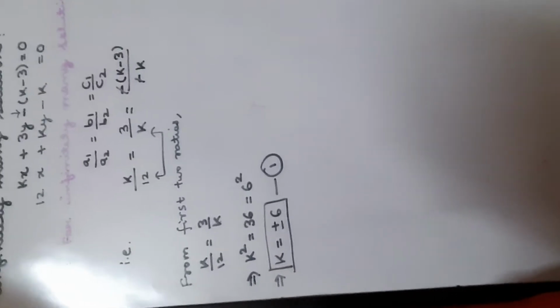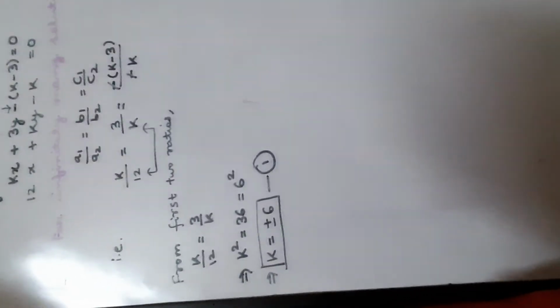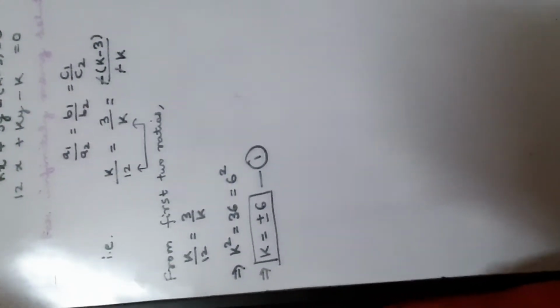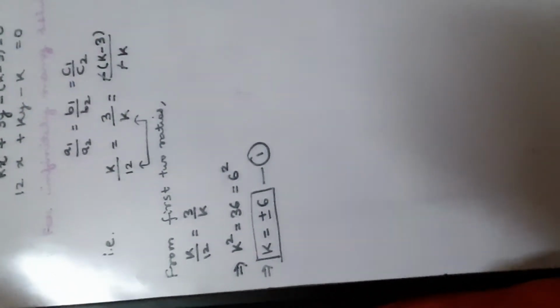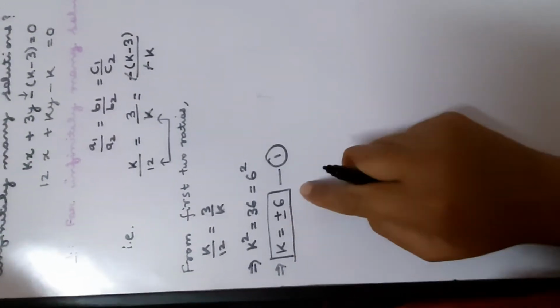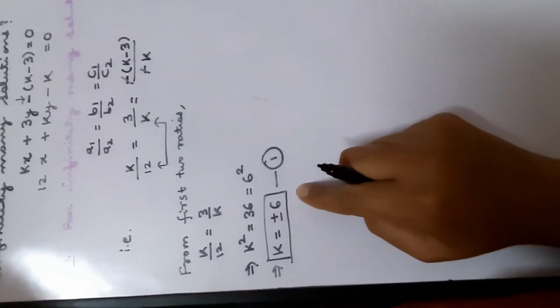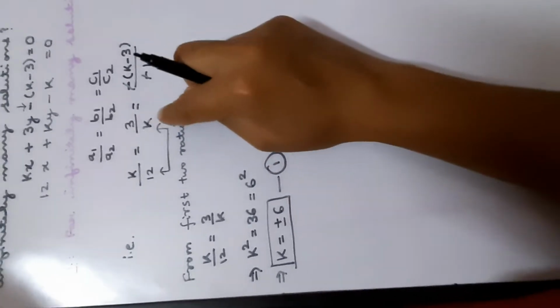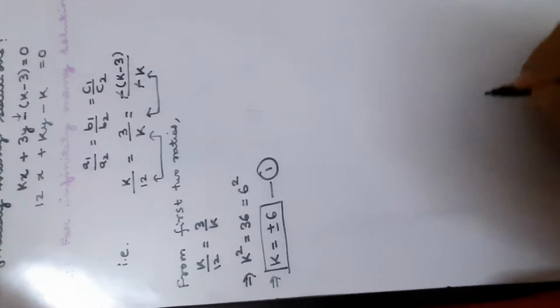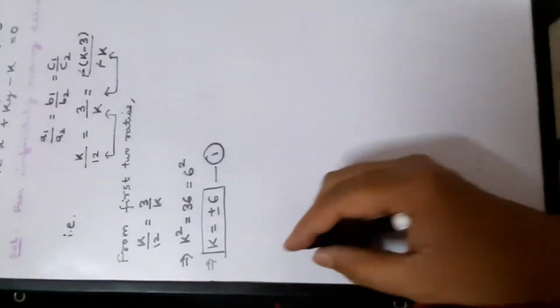Alright beta. If I say I have a number in my mind whose square is 36, how do you know whether ma'am is talking of plus 6 or minus 6? So we shall consider both the cases, right? So now we are getting two values of k. I told you whenever we get two values we have to check for the last two ratios also. So now let us take the last two ratios and come to a conclusion.